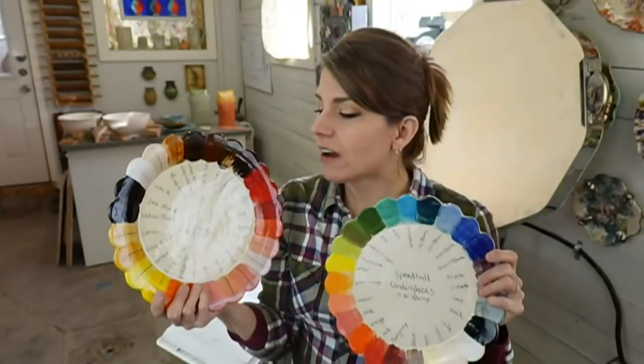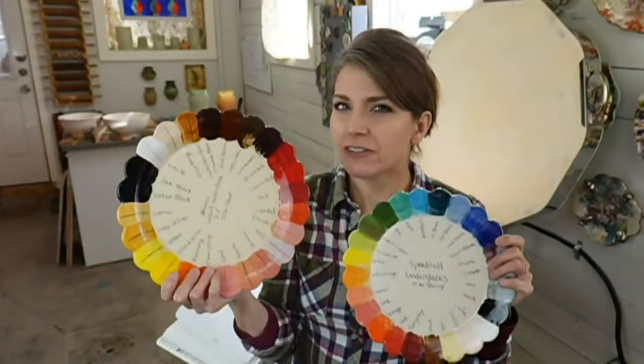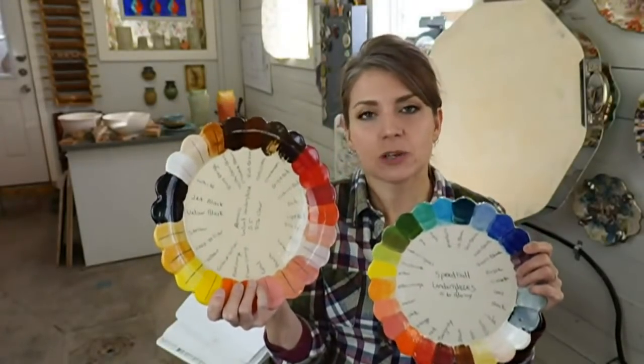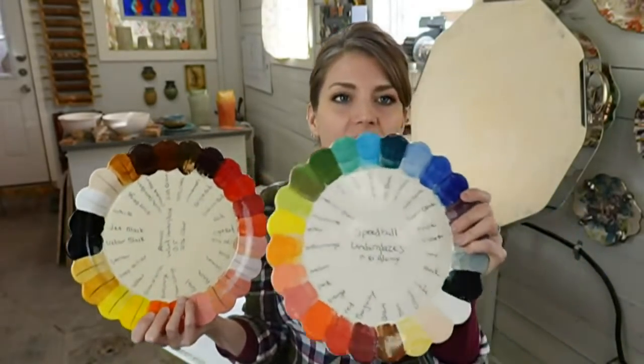So Amoco can actually go to cone 10, so can Speedball. What happens is as you get hotter, some of the bright colors burn out. So this is a cone 5. I know these colors will be true to cone 5. If I go to cone 10, I'll see what they look like there, right? So porcelain fires pure white. Yes,